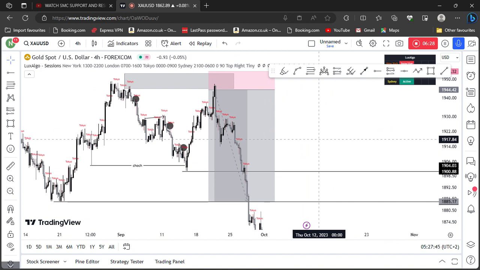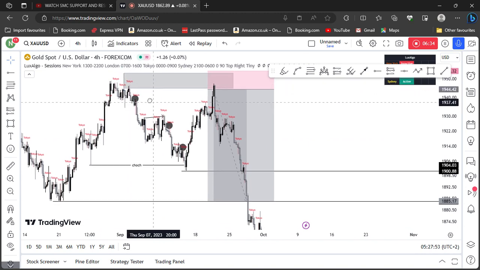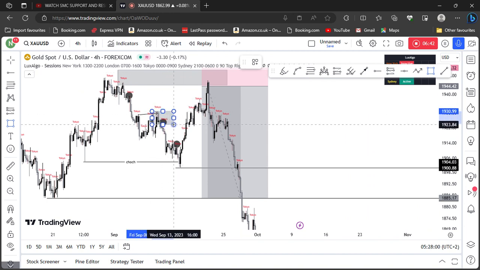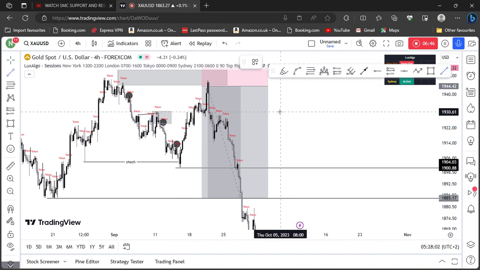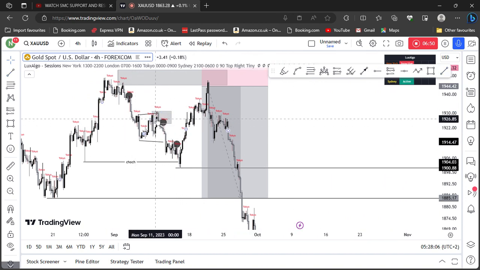In a downtrend, I always look for my order blocks above the liquidity areas. As you can see right here, I looked for my order block above that liquidity area right there. I had my order block right here also, but I didn't look for it, because this is the order block that led to this break of structure, right? It led to that break of structure, but I also didn't look for it